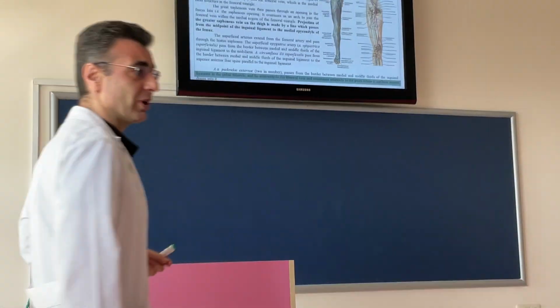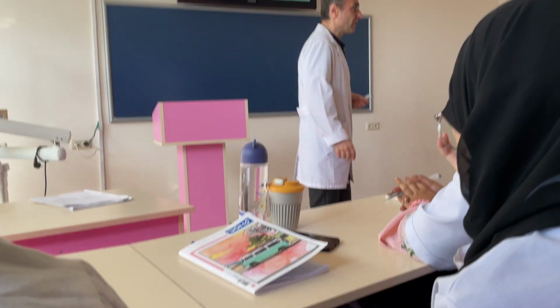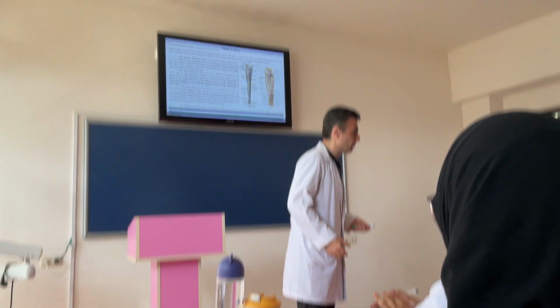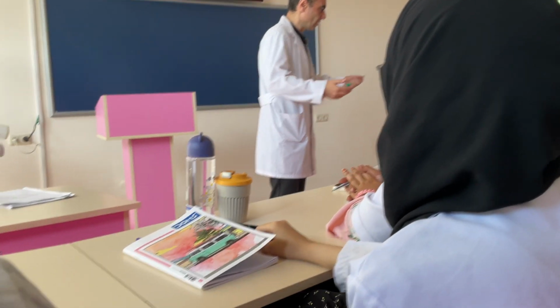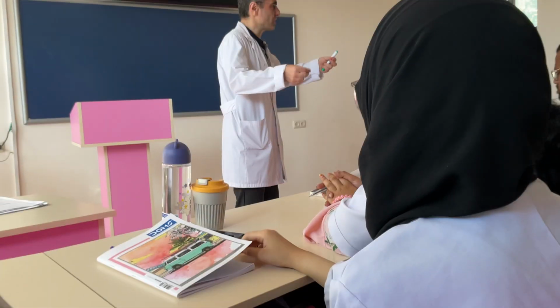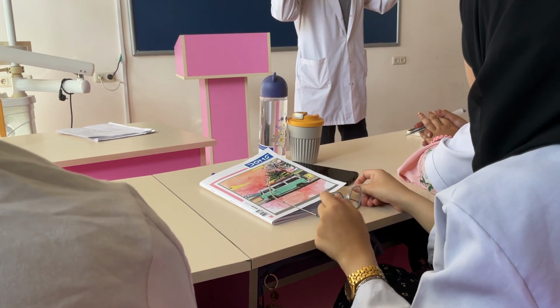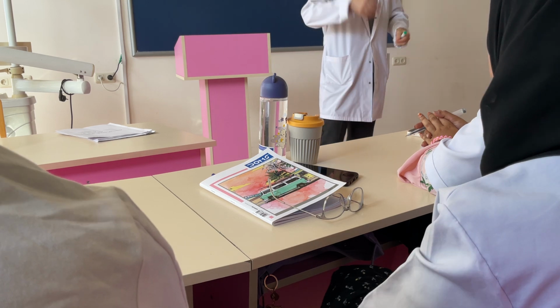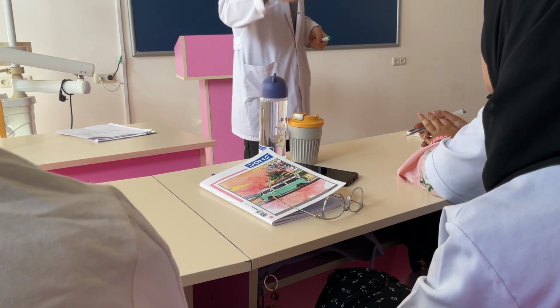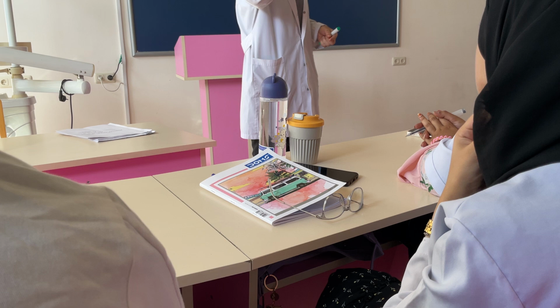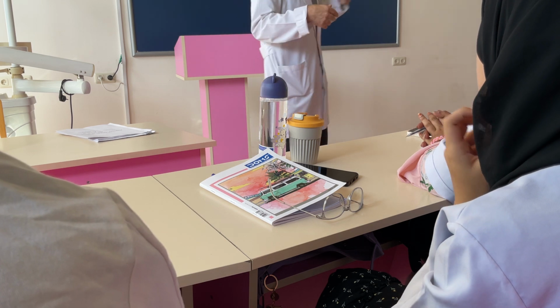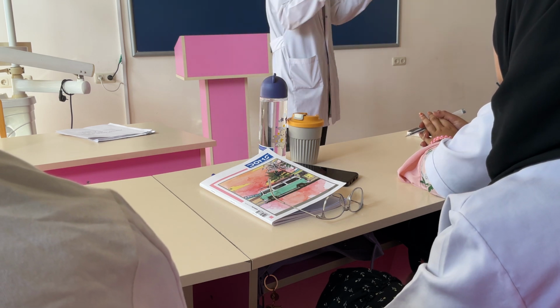Along the upper margin of this foramen, between the obturator membrane and the pubic bones, we have the formation of a channel. This channel we call the obturator channel, canalis obturatorius. It contains obturator vessels, which are branches of the internal iliac artery, and nervus obturatorius,